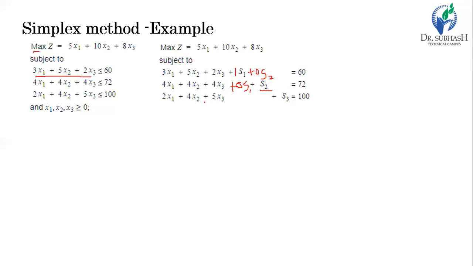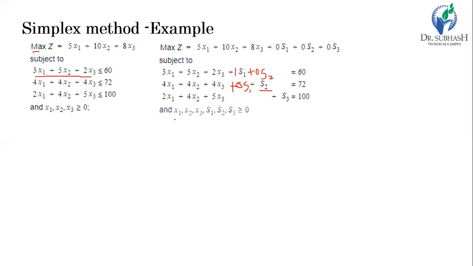After this conversion, the algorithm says that all the variables that are added in the constraints must be known to the objective function. If we add S1, S2, S3 there, it may affect our solution. But we will add S1, S2, and S3 with 0 coefficient, so it will not affect our solution. So as per the requirement of the algorithm, we will introduce S1, S2, S3 in the objective function, and our goal is also satisfied that it should not affect our objective function value. So this is the converted form.